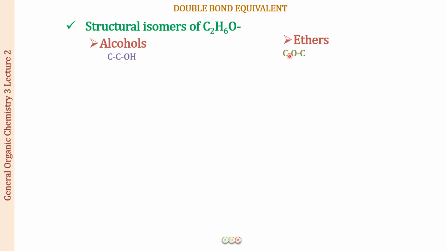Again, it will be CH3O, CH3. So again, it will be C2H6O. Please do check the number of hydrogens also. I know that what I'm drawing is correct, but you have to be very sure that in all the structures you draw, the hydrogens are exactly what is there in the molecular formula. Alright. Now, these are the two possible isomers.